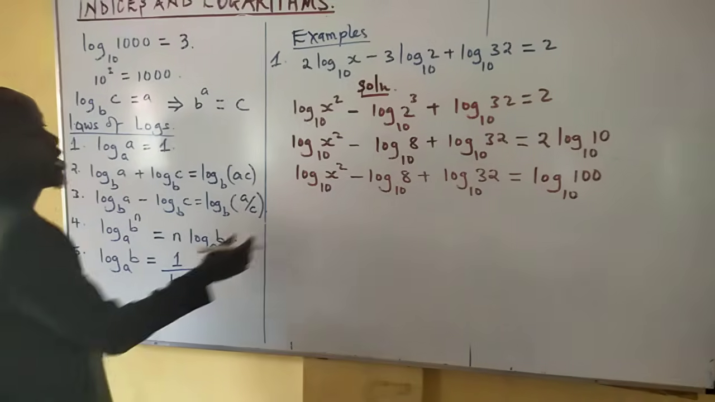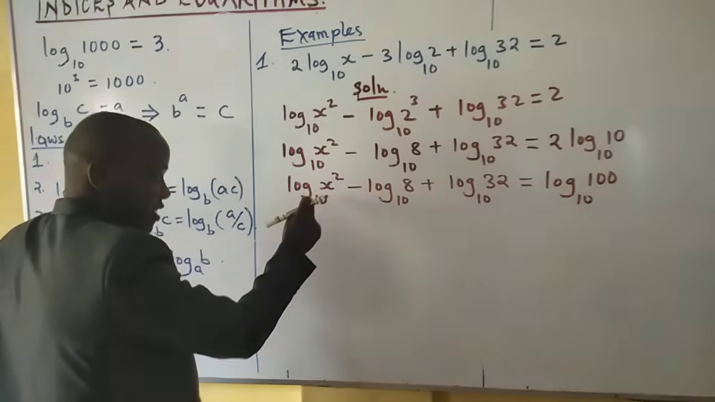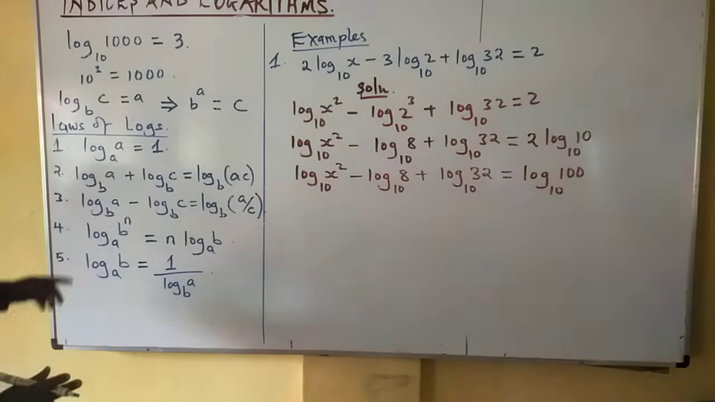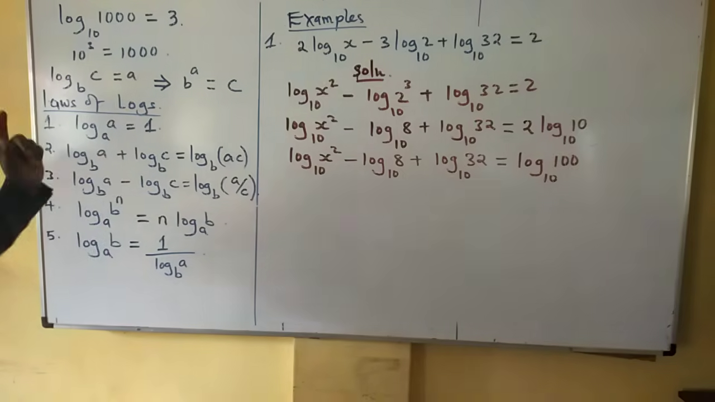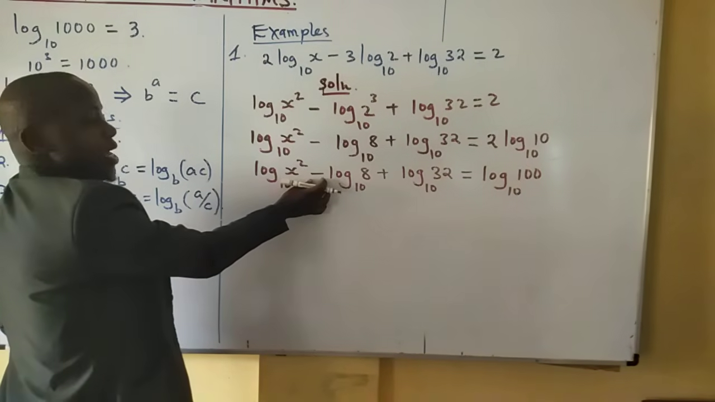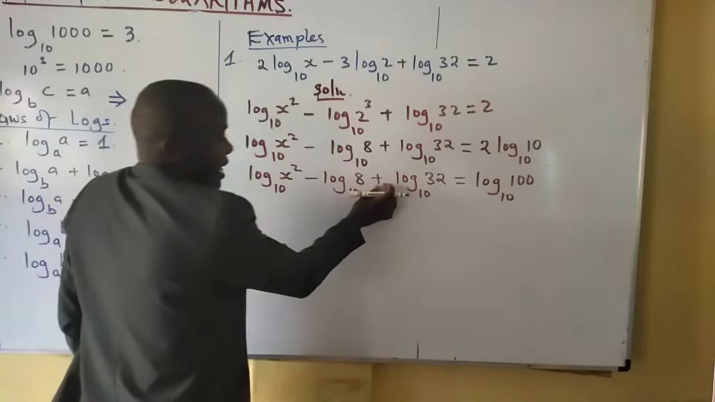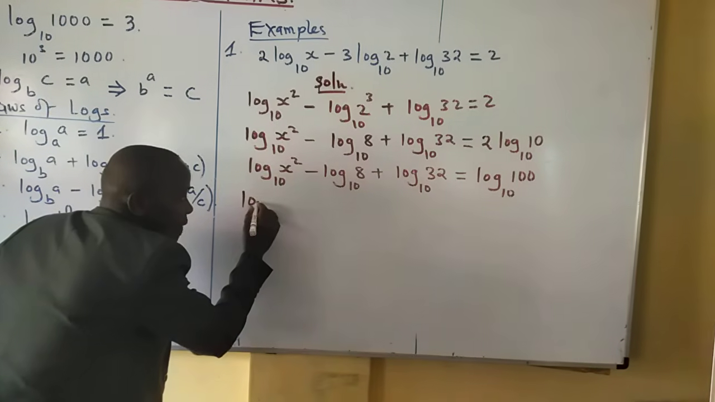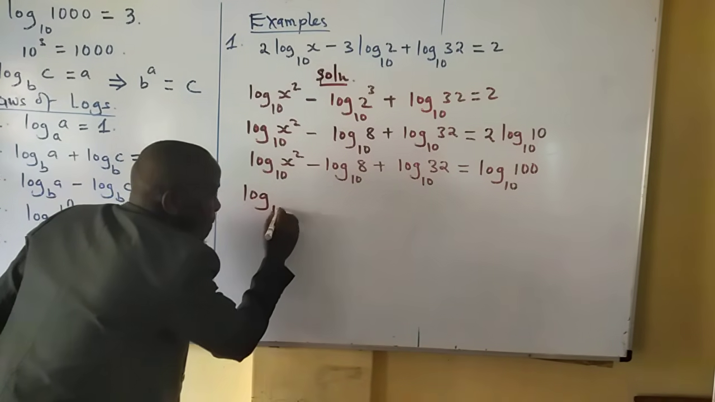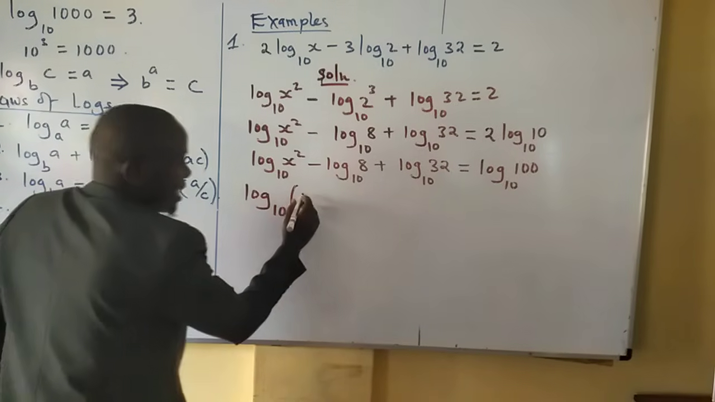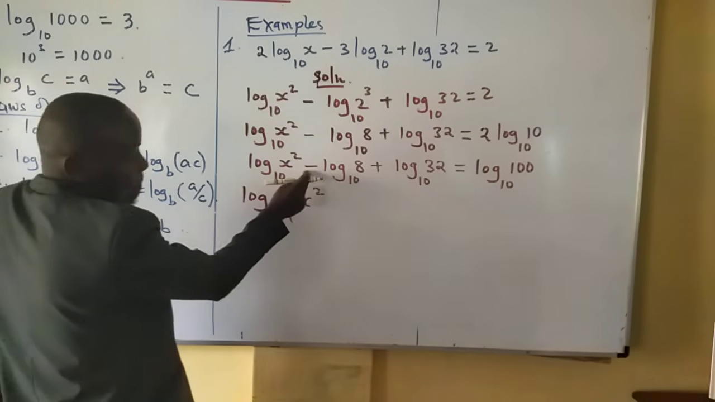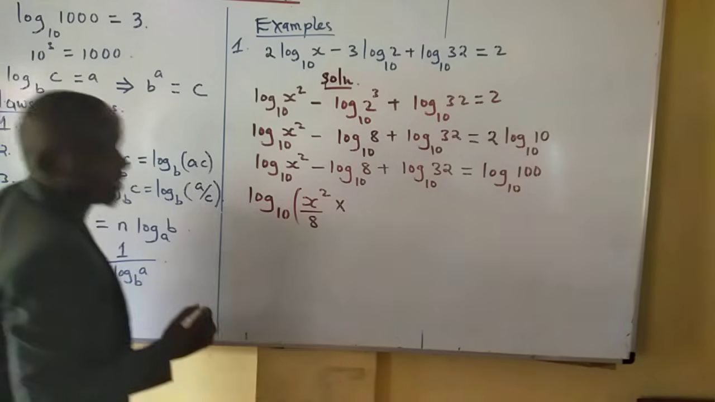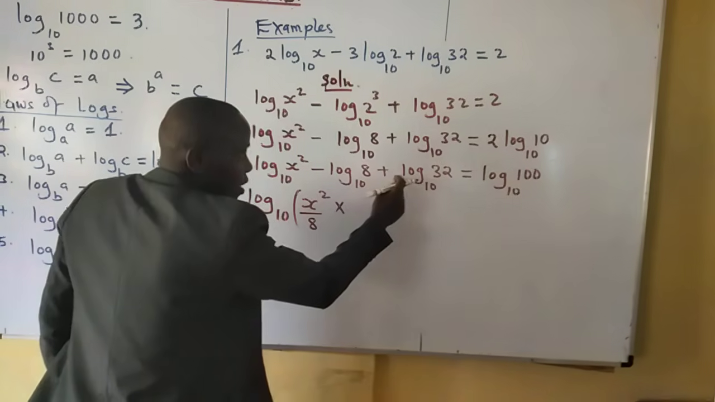Now we can go to the next law. Because we have a uniform base throughout, log to base 10, we can apply law number 2 and 3, whereby where we have a minus, we divide, and where it is a sum, then we take the products. So we take the log of base 10: x squared, minus log 8, therefore we divide, then times, because this is a plus, we multiply by that 32,